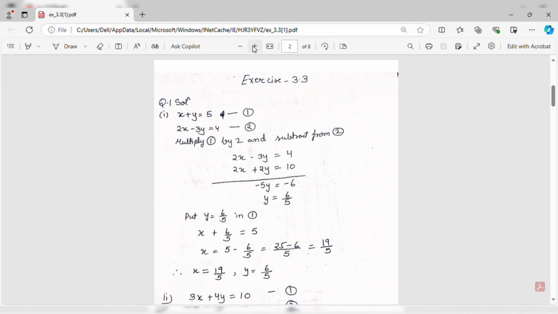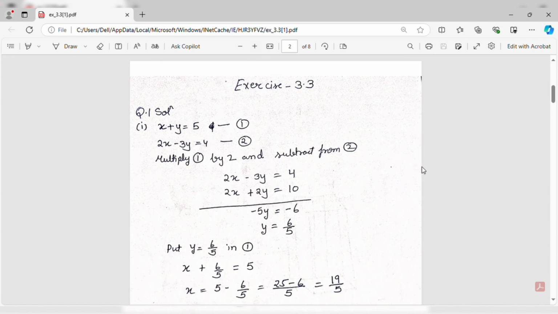First question is, solve the following pair of linear equations by elimination and substitution method. So I will solve this by elimination method. As the name suggests, we have to eliminate either of the variables by adding or subtracting depending on the sign that variable acquires. So our first equation is x plus y equal 5 and